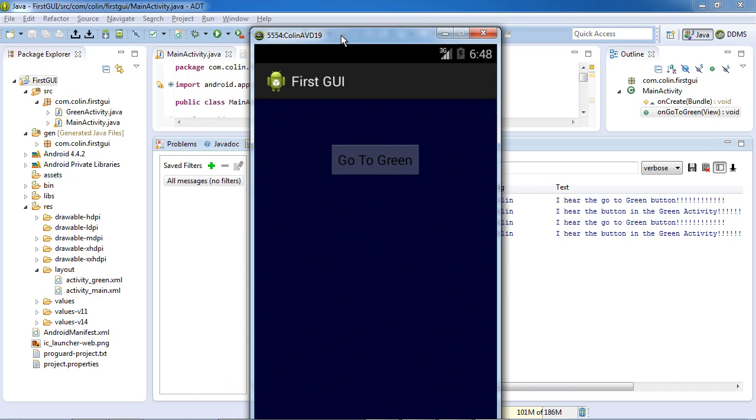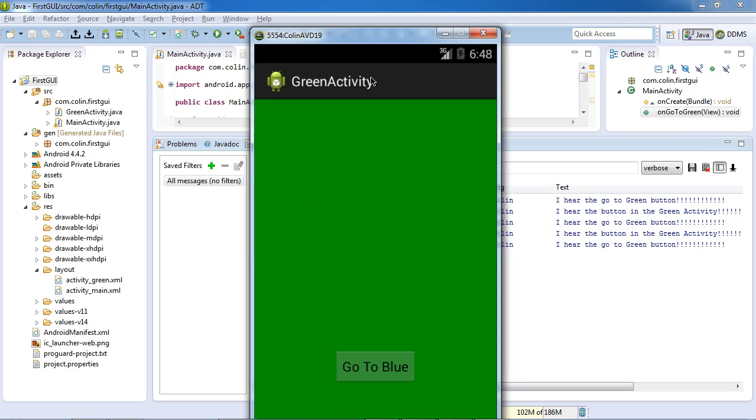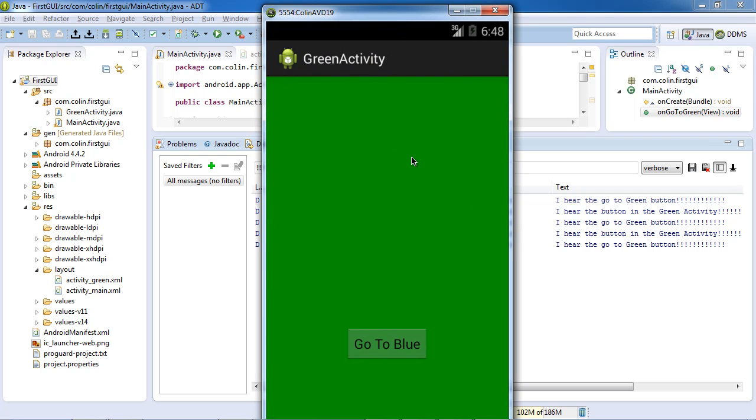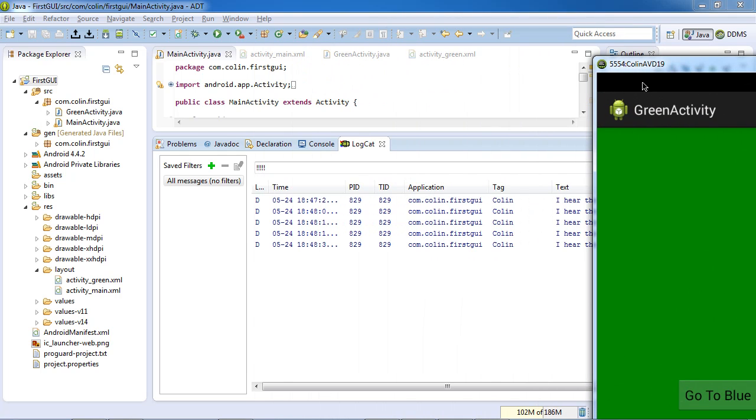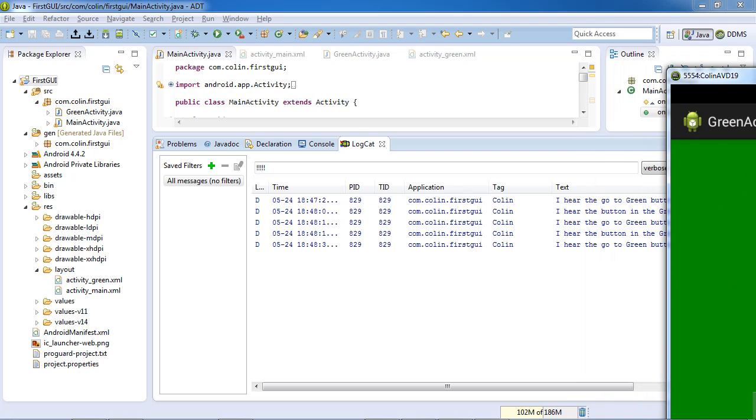And we are logging that we are hearing the clicks in the green activity and go to the green. I hear the go to green button. So it's a big step to get this far. Now I'm going to leave that running there,